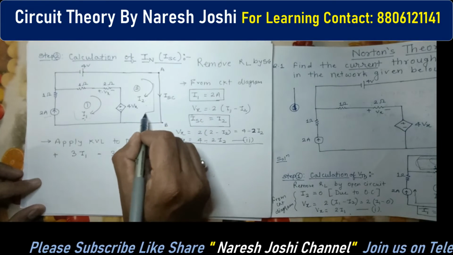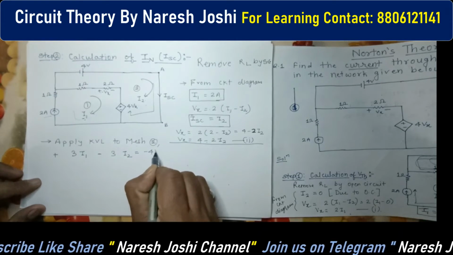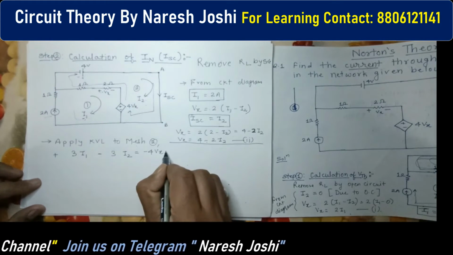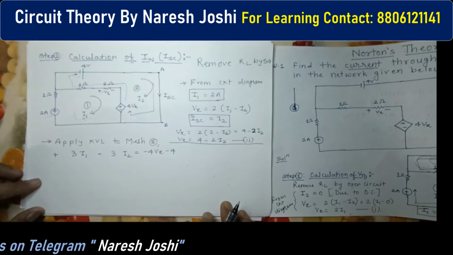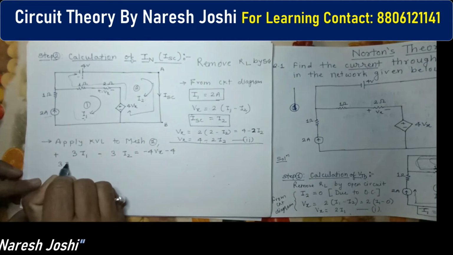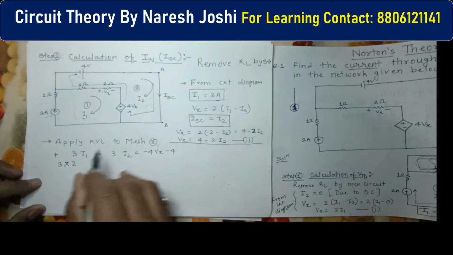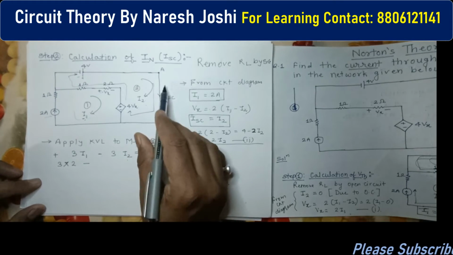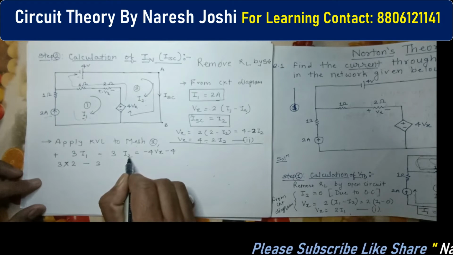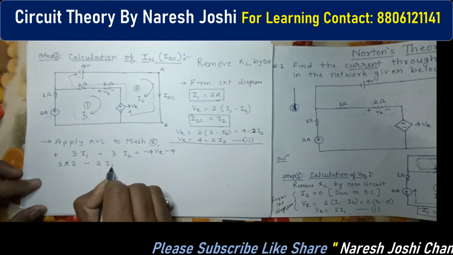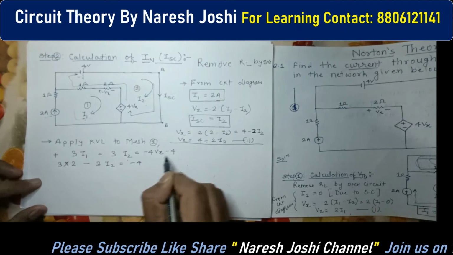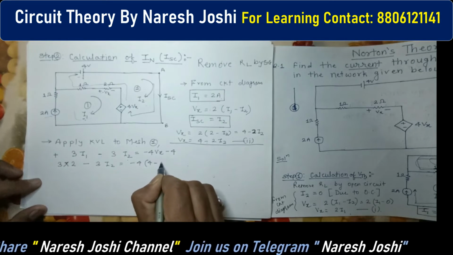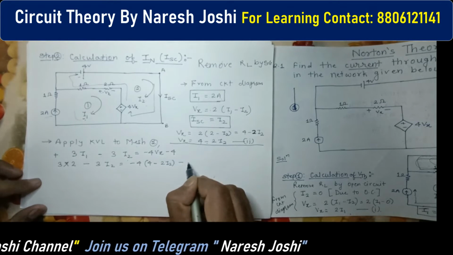So again we come in this direction, this is minus 4 Vx, then we move further and come here. It is negative and positive, so we can write -4. Here our equation is complete. Next, what do we have to write? 3 I1. I1 we know is 2 ampere, so we can directly put the value here. I2 we do not put, because we have to calculate the value of I2. And -4 Vx equals this one, so we can put it from this equation: -4 times (4 minus 2 I2), and -4.